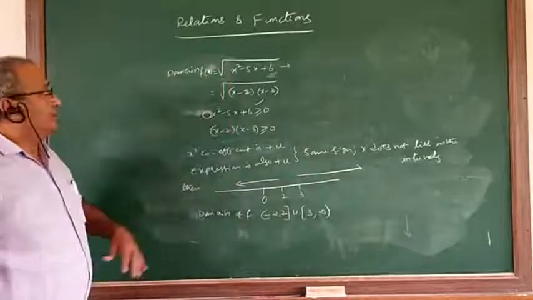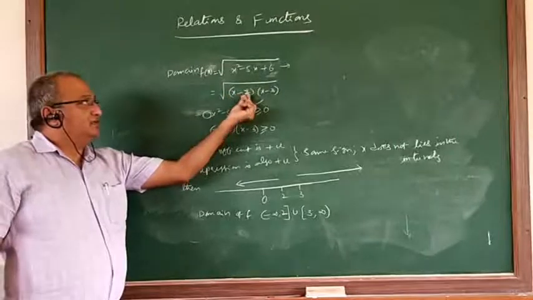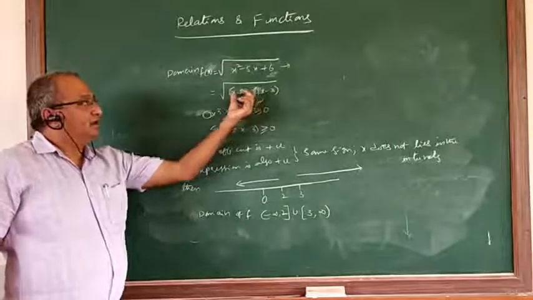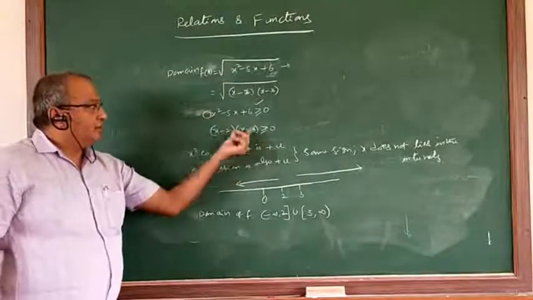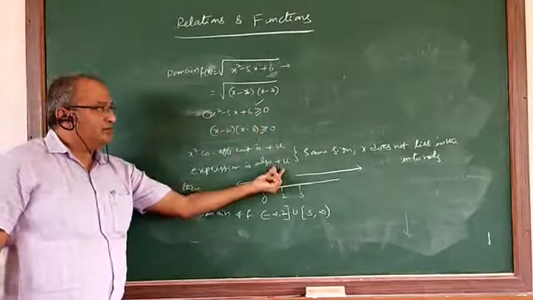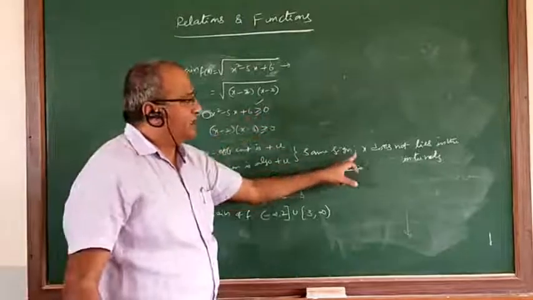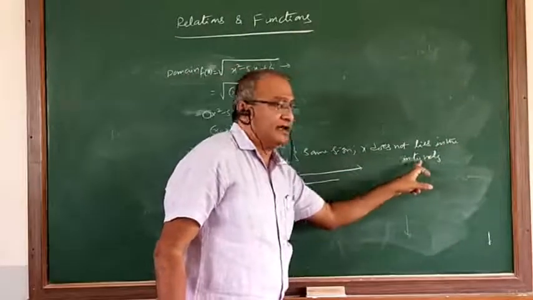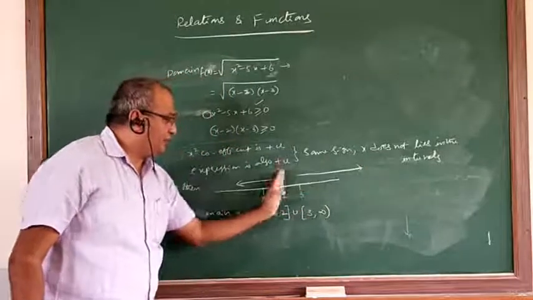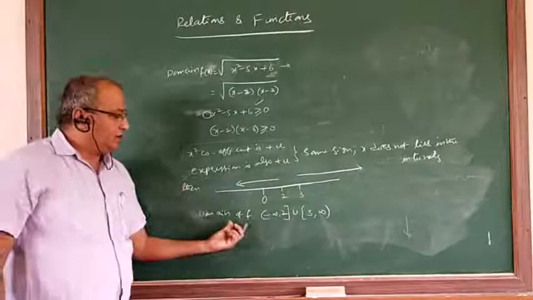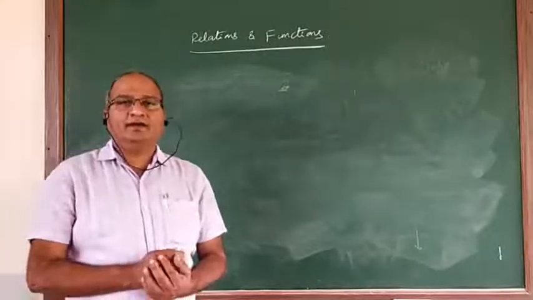See, observe once again. For the domain of f of x, I have a function like this. These are the factors, actually 2 and 3 are factors of this one. Here the x square coefficient 1 is positive and the total expression is positive, so both have the same sign. When both have the same sign, x does not lie in the interval. So I leave out 2 to 3, and take 3 to infinity and minus infinity to 2. So that is the domain of f. Just now we discussed domain and range.